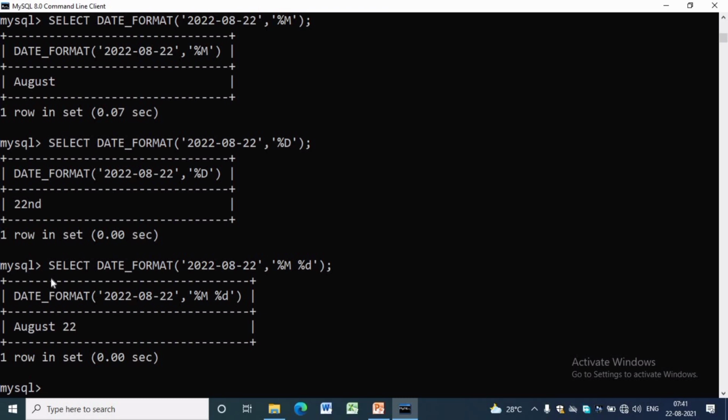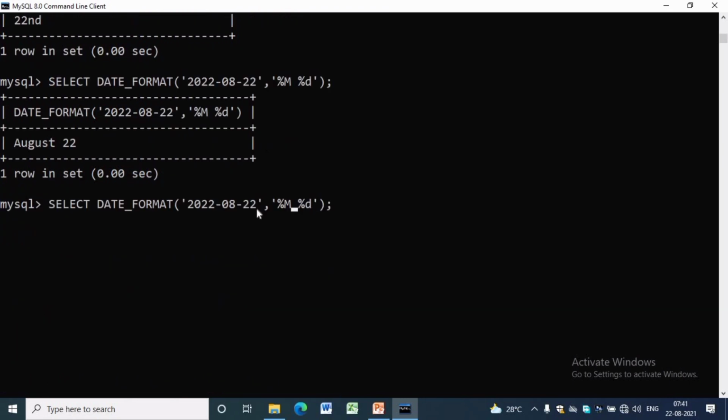SELECT DATE_FORMAT 2022 August 22 7:41:42. If we write %H and %i, it will give the hour part and minute part both in numeric. In our case it is 741.